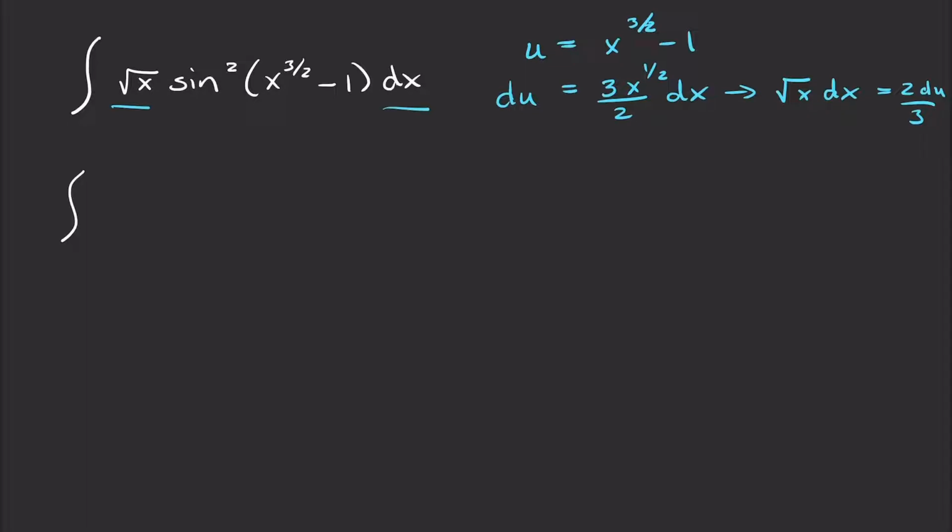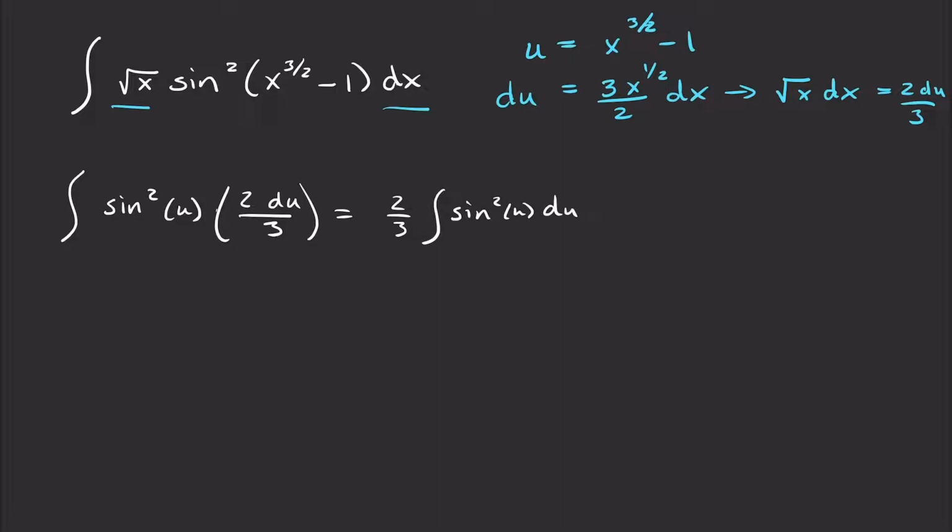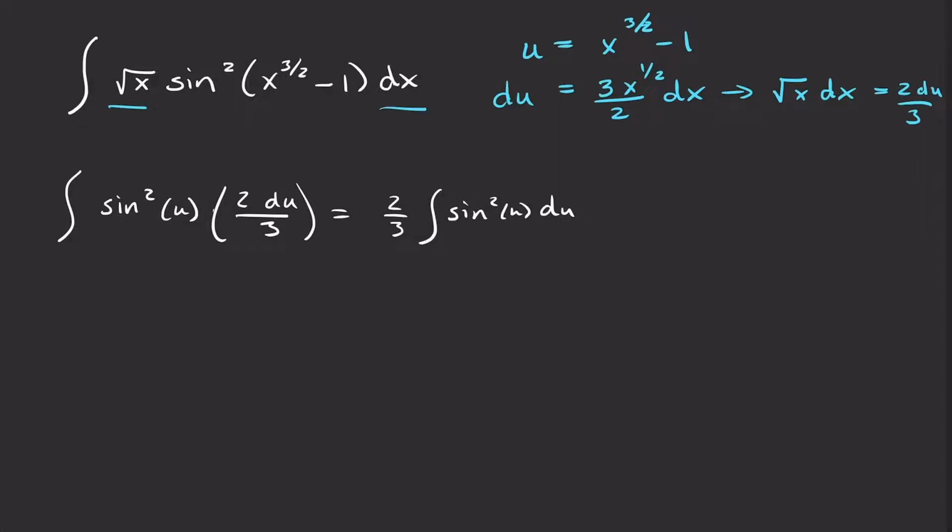Okay, so now we're ready to do our substitution. If we do that, sine squared of this argument is going to become sine squared of u, and then square root of x dx will become 2 du over 3. So this is 2/3 the integral of sine squared u du. And now we have to use a little bit of trig. So we need to rewrite this using an identity from trig. So this is 2/3 times the integral of sine squared u, which we're going to replace with 1/2 minus 1/2 cosine of 2u